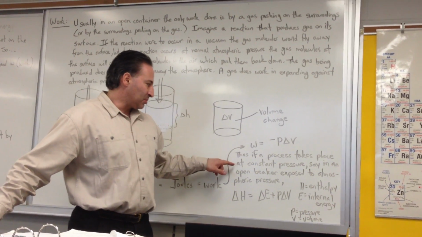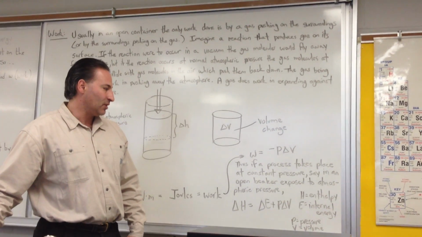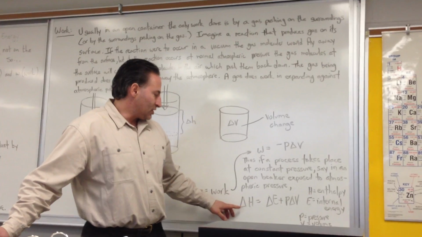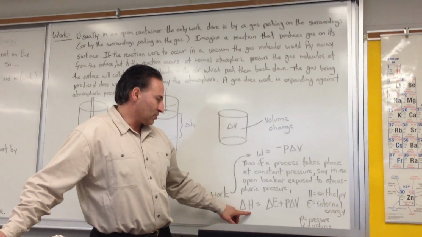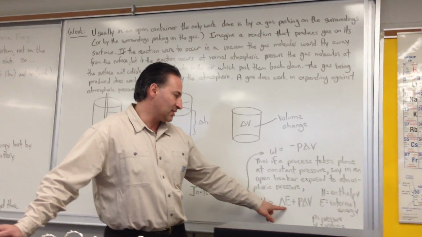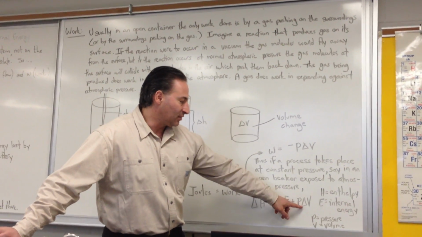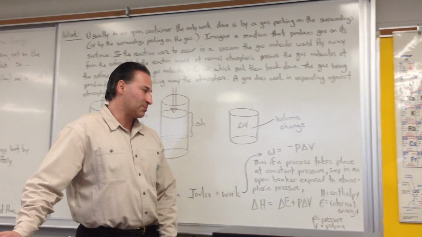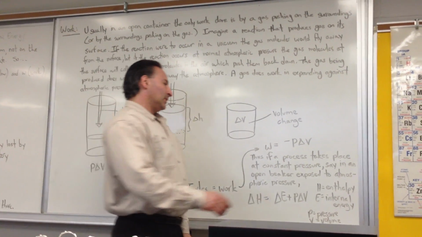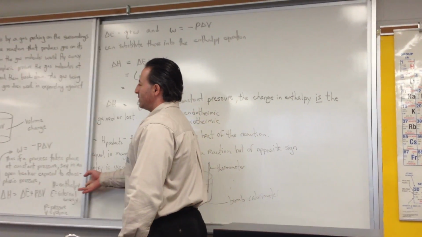Now, if a process takes place at constant pressure, say in an open beaker exposed to atmospheric pressure, we get this relationship. Delta H, also known as enthalpy, is equal to delta E plus P delta V, where delta E is the internal energy of the chemicals involved in the reaction, and P delta V is the work done by the expanding gases produced by the reaction. Which leads us to the next